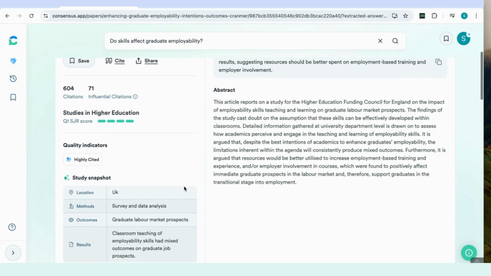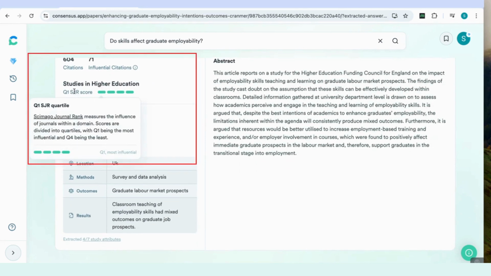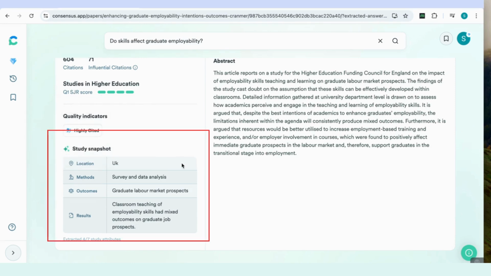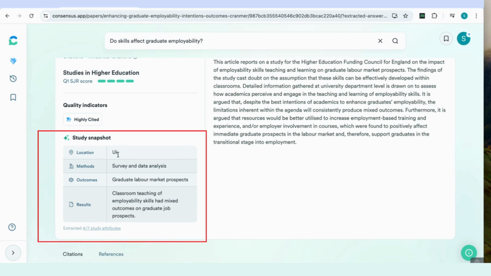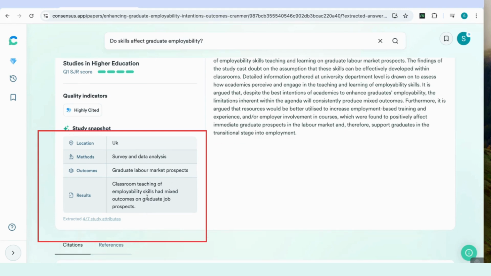about the articles. So here, for example, we've got the journal that it's actually been published in. So I know this is part of Studies in Higher Education, and it tells me the score of the journal. So I know it's a Q1 journal, so it's a top, most influential type of journal. And not only that, but there are really important aspects that it mentions, which are called study snapshots. So I know the location of the study, it tells me the methods that were used, like the survey and data analysis, the outcomes, so it's talking specifically about graduate market prospects, and then it tells me the results of